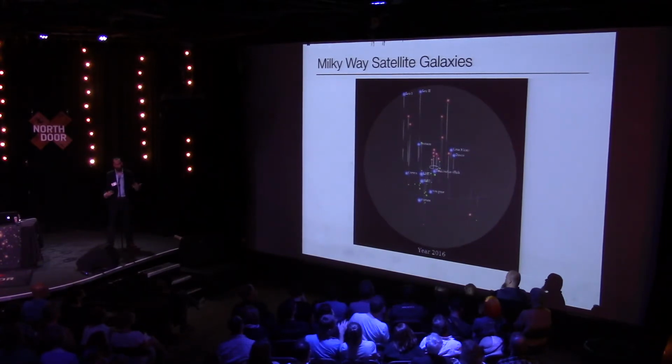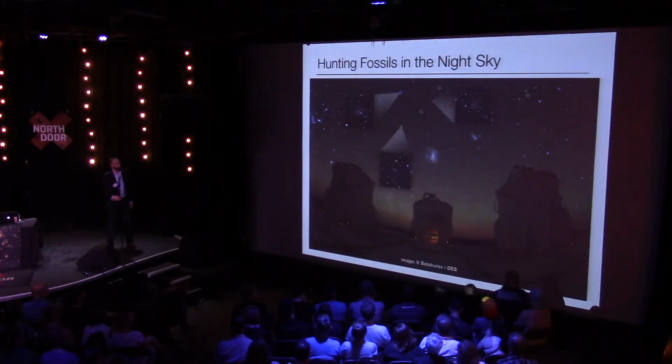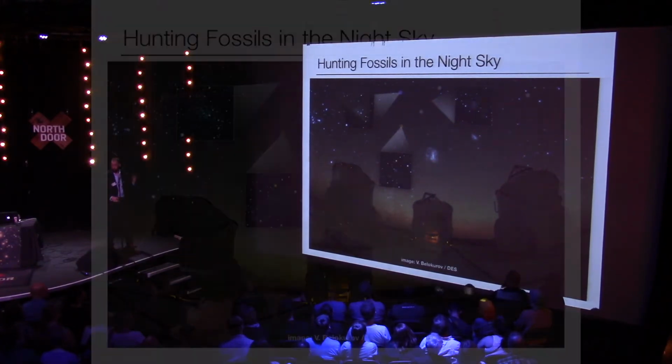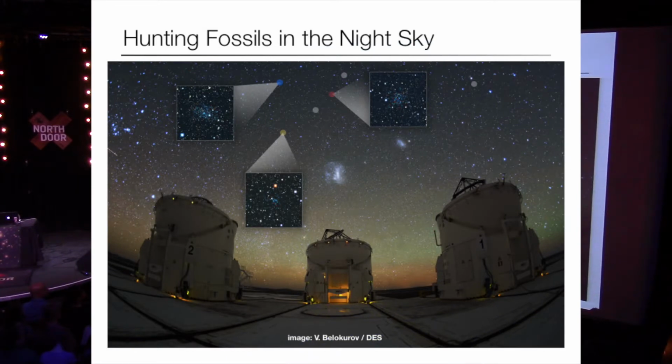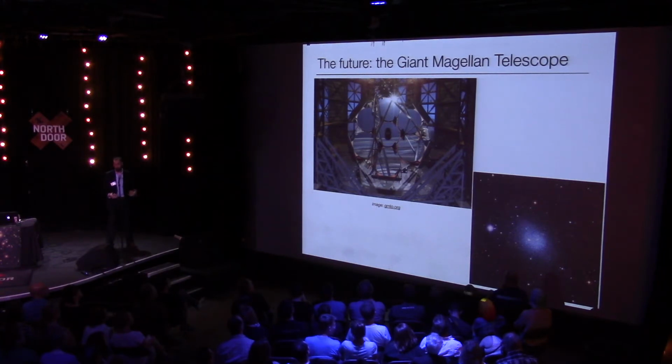Okay? But part of the problem that we have with doing that is the stars in these galaxies are inherently very low mass. That's why they've survived till today. And that means they're also very, very faint. And so if we want to go hunt for these fossils in the night sky, we're trying to look at systems like this, okay, and figure out what's happening to the light in galaxies like these, which are not going to win anybody's poster competition for a galaxy, I don't think. But this is all about to change, I'd say.